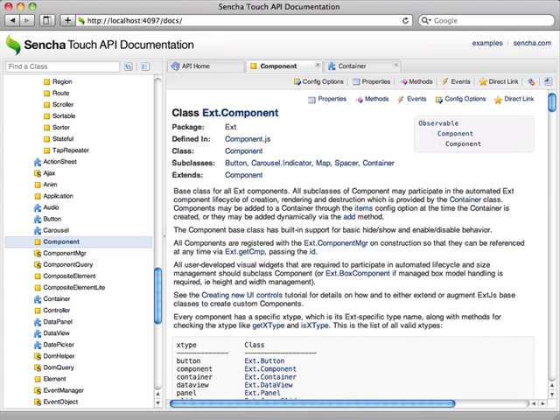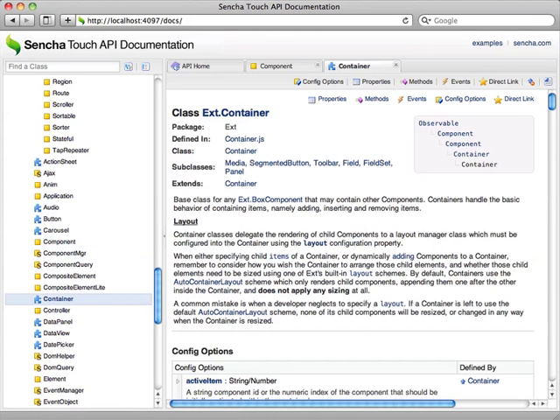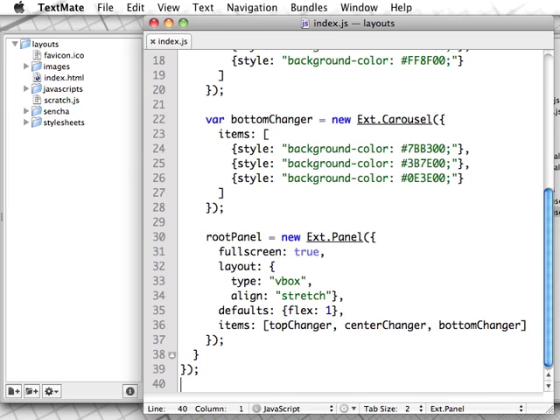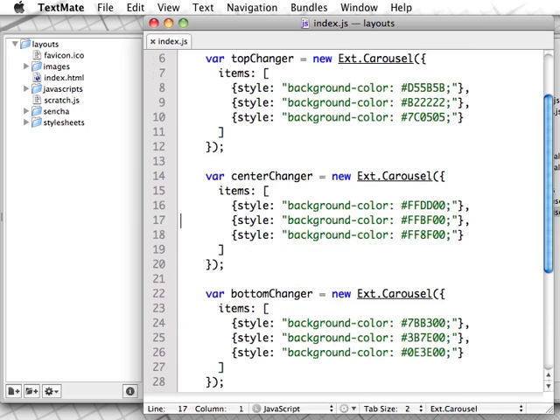Every panel can be treated as a component in itself, or as a container for other panels, so it's possible to nest panels together using different layouts for each one. Here, I've created a root-level panel that fills the screen. It contains 3 panels arranged using a VBox layout, with align and flex set up so as to use all of the available space. The top changer, center changer, and bottom changer panels are all carousels, each containing 3 panels